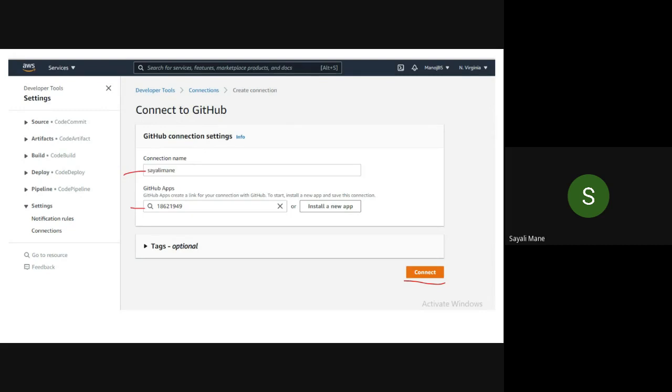Just let me know once you have finished these steps. Done, ma'am. Done? Yes, what about the others? Wait, okay, fine. When we have to directly connect, click on the connect button. But before that, take a screenshot, because it is proof that AWS is connected to your GitHub account. Okay.